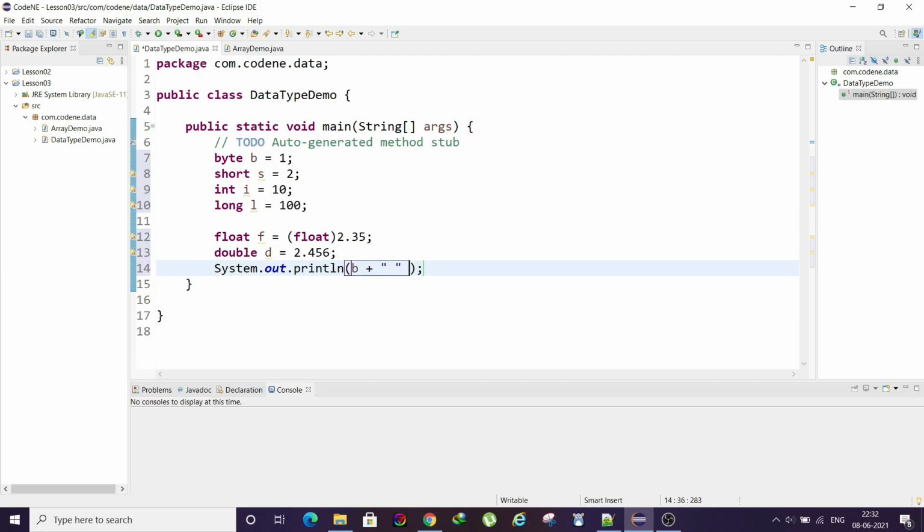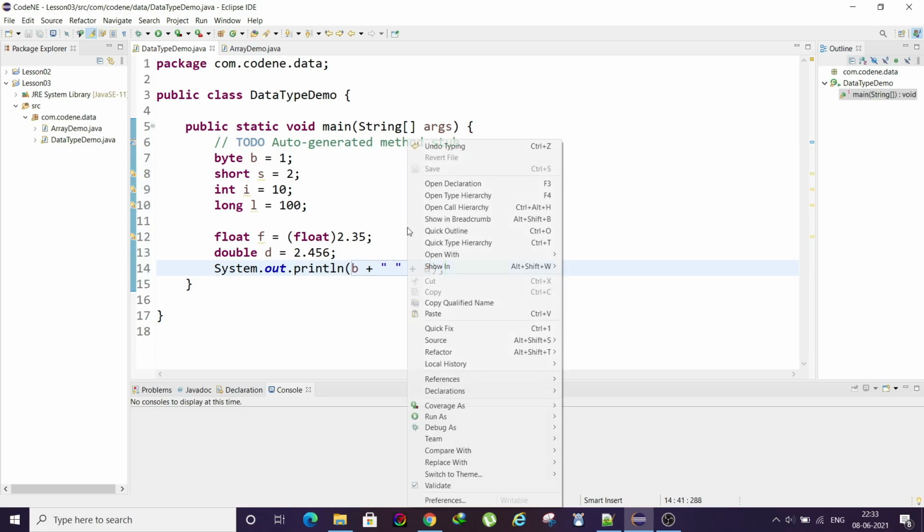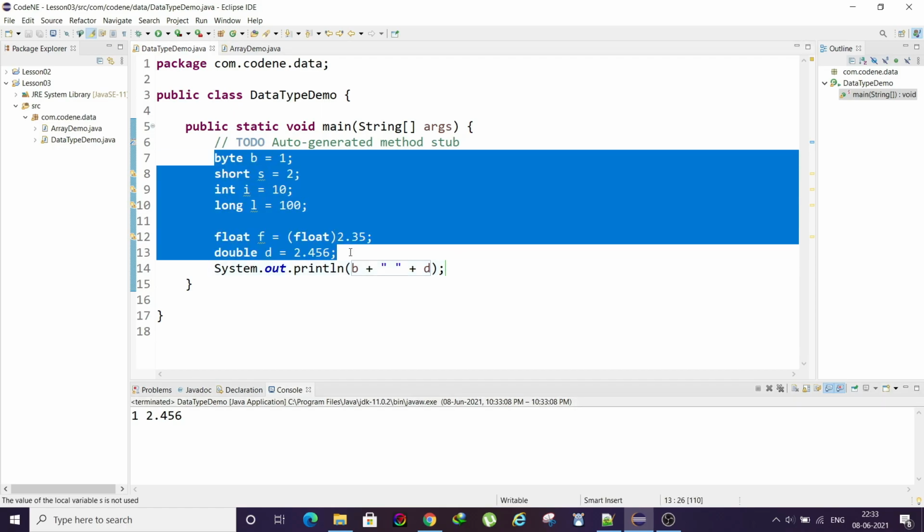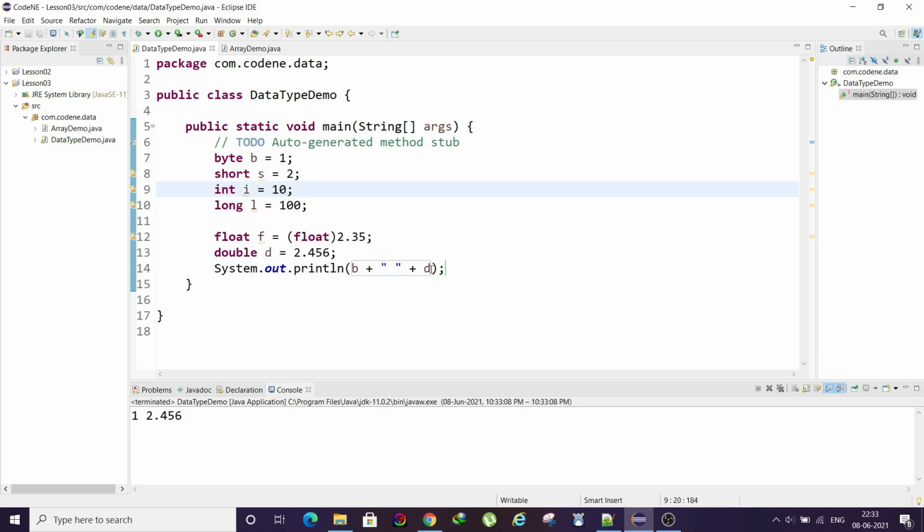Let's say D. Right click and simply run this application. Now see, 1 is the byte variable b, then you have D, which is the double variable. Like this you can declare your variable, assign a value to it, then print it in this manner.